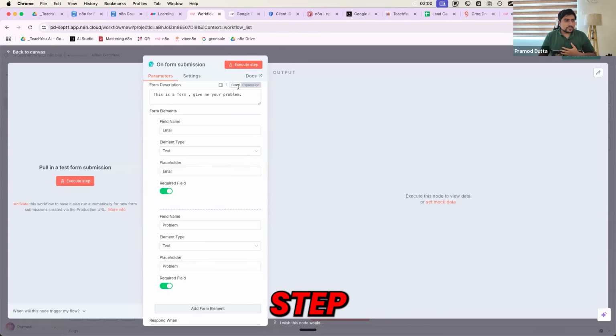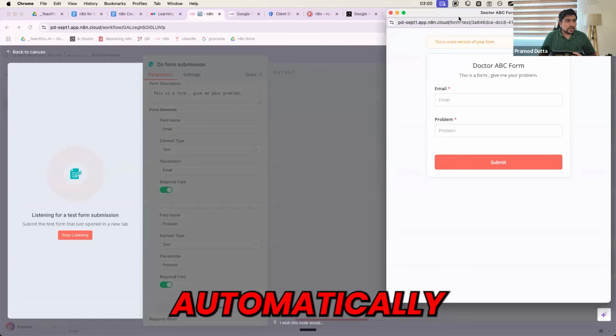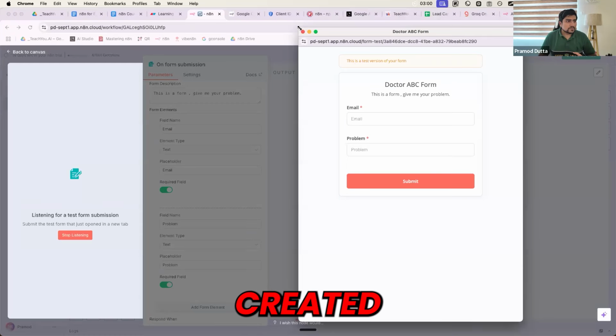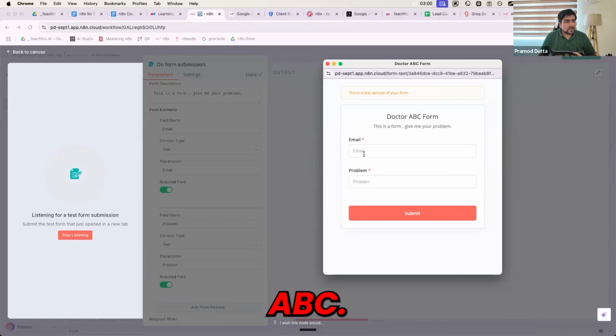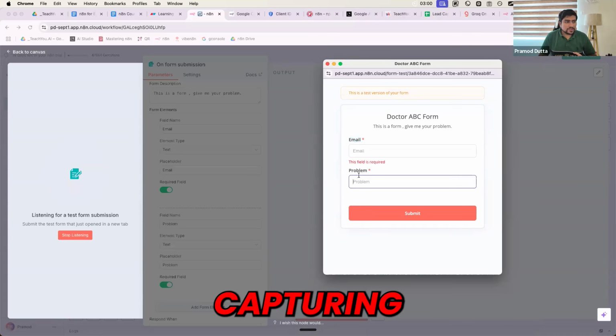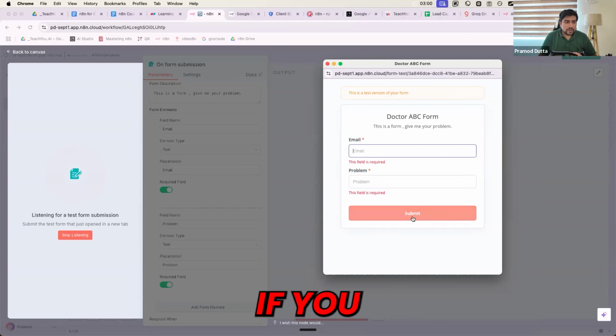When you click on execute step, everyone, you will see automatically the form that you have just created, which is Dr. ABC. You are capturing the email, you are capturing the problem. The star that you see means it is mandatory. If you click on submit, it will not work, because we have marked it with a star, which means it is mandatory